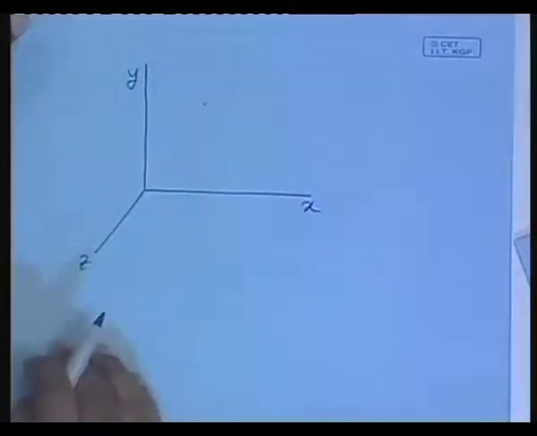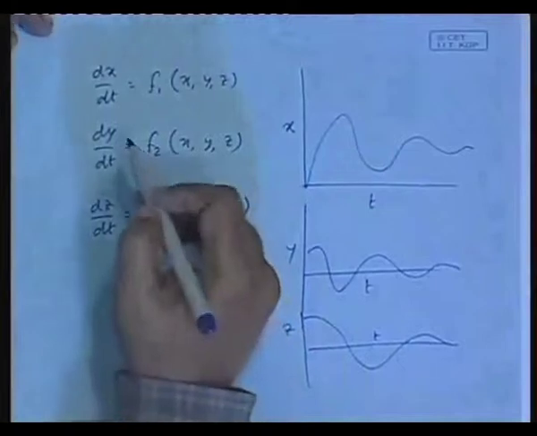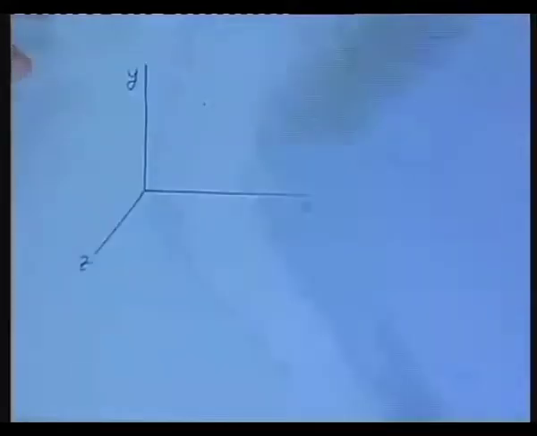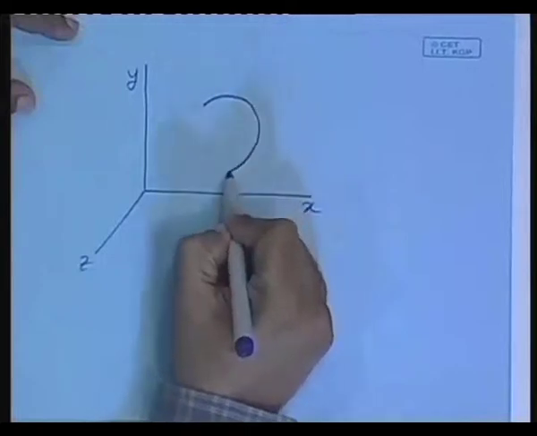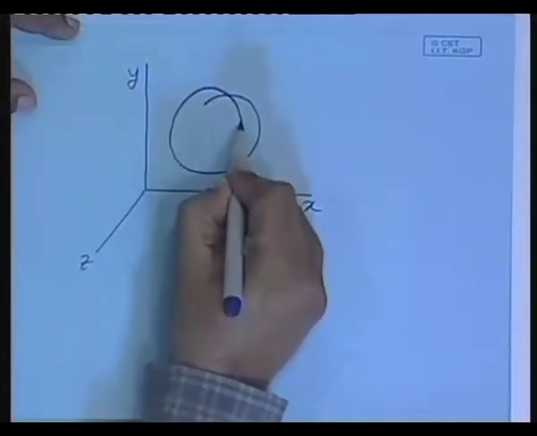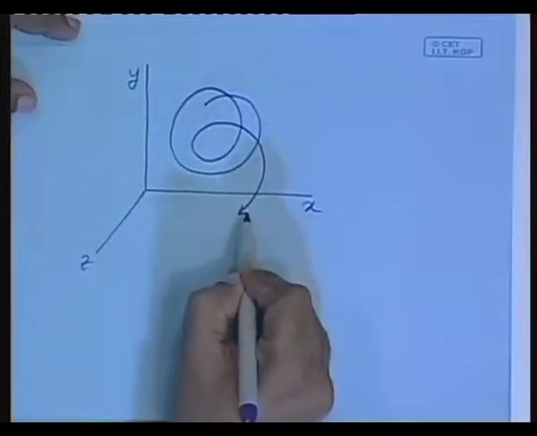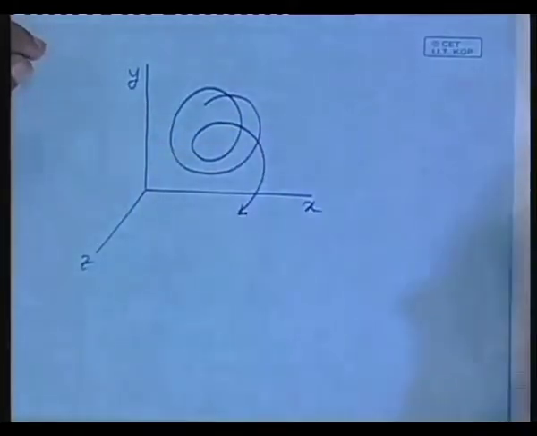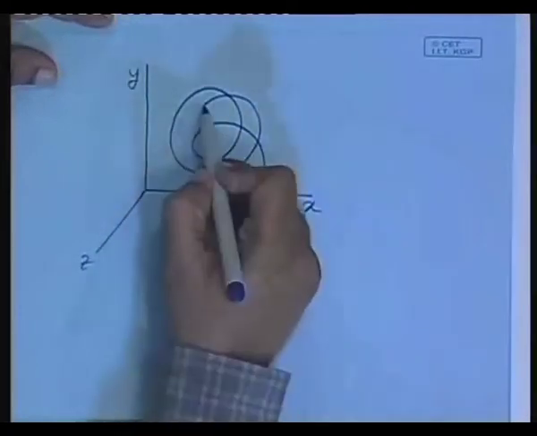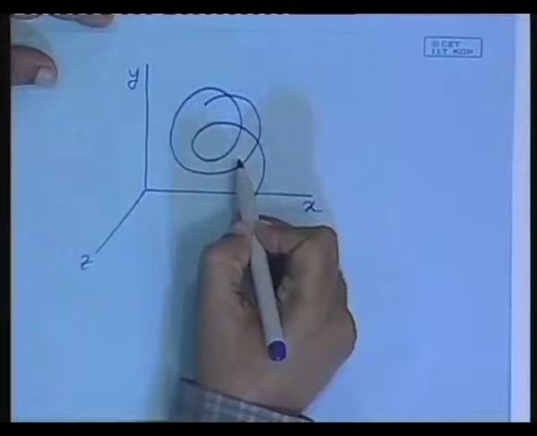Given that initial condition, if we solve these equations, we get some kind of evolution in this space. So, the differential equations essentially tell how the state point is going to evolve in time in the state